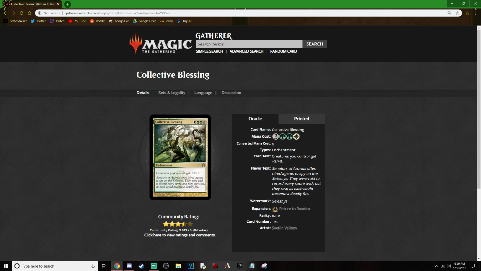Collective Blessing. This is a 6-drop. A bit pricey, but I think it's worth it. It makes all your 1/1 warriors into 4/4s. Yep, that's gonna win you some games now, isn't it? I know it's expensive, but I mean, you know,